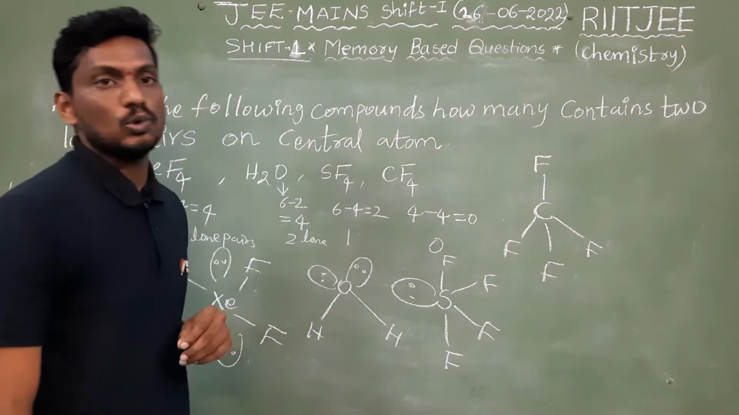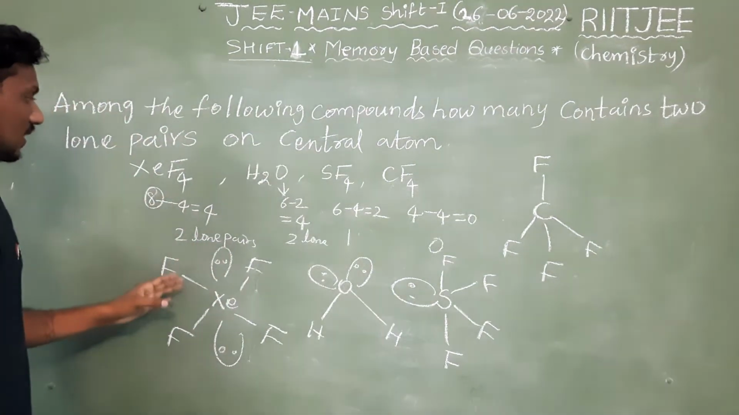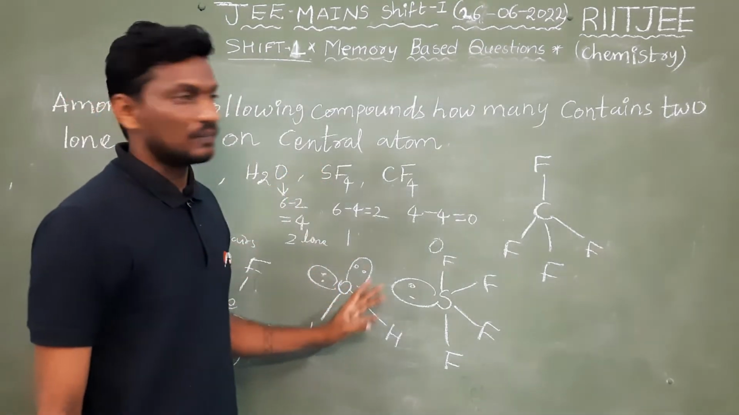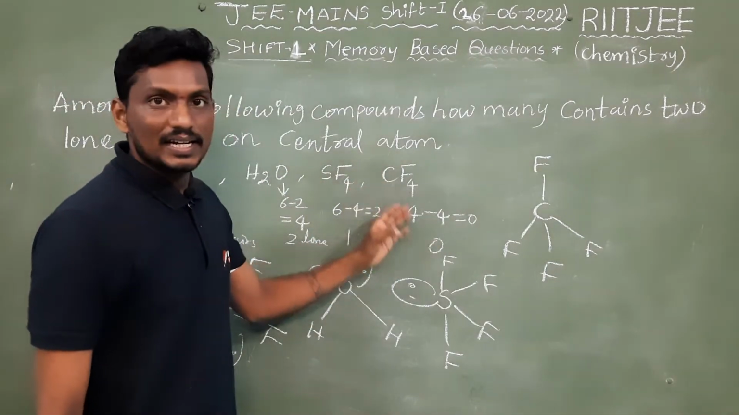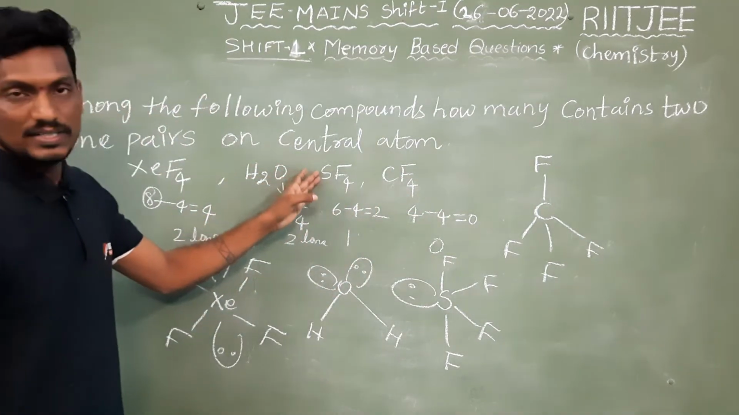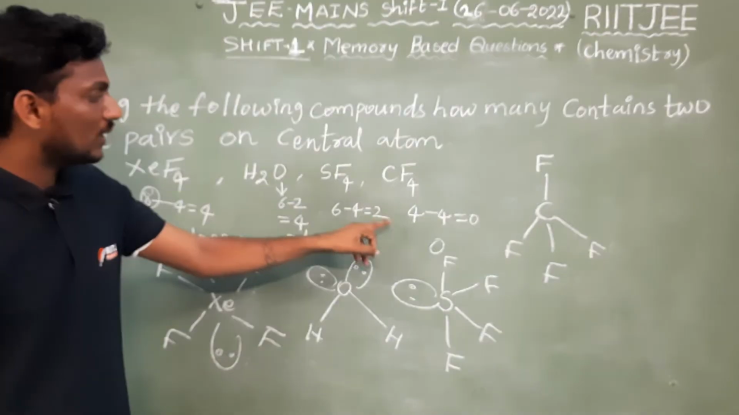Tetrahedral, with zero lone pairs. First you should identify the central atom. Here xenon is the central atom, here oxygen is the central atom, here sulfur is the central atom, here carbon. Carbon has 4 valence electrons, all 4 involved in bonding, so 0 lone pairs. Sulfur is the central atom with 6 valence electrons, out of 6, 4 are involved in bonding, 2 electrons left, 2